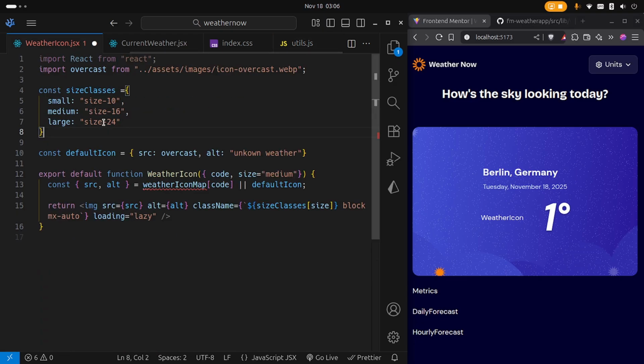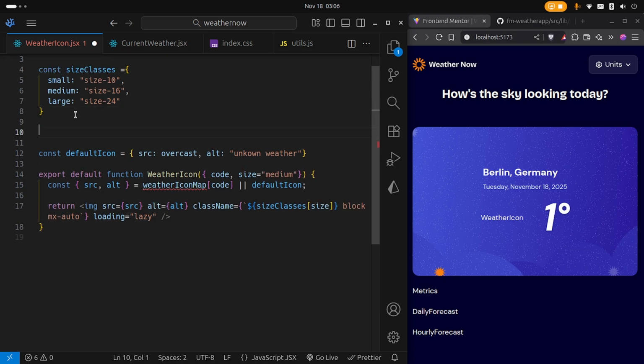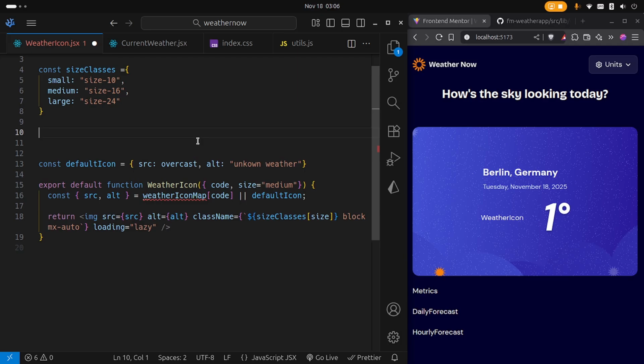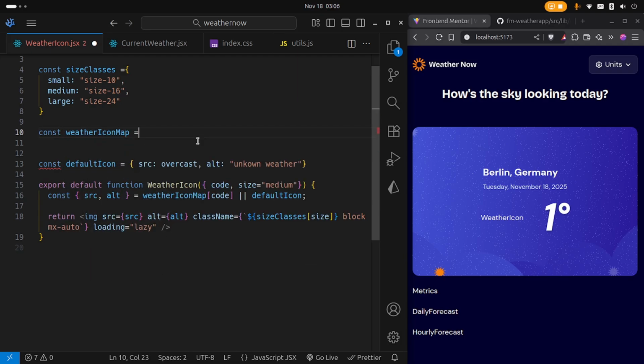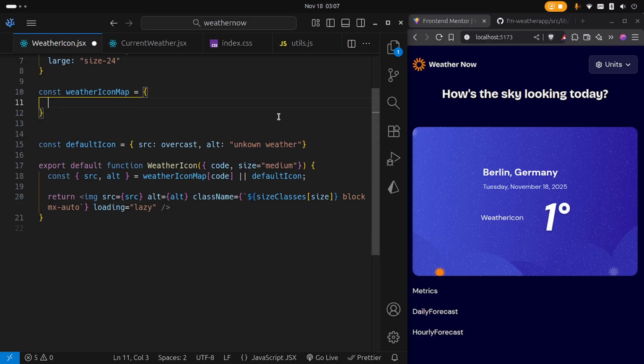Well, we want to do something similar, but now in this case, we want to match the weather code with a certain image and then an alt attribute so that it can have access to this source and then the alt. So how do we do that? We're going to say const weatherIconMap is equal to, and this is also an object, where we're going to say that for the icon of 0, open this up as an object, then the source for this is going to be an image called sunny, which we have not yet imported, and then the alt attribute is going